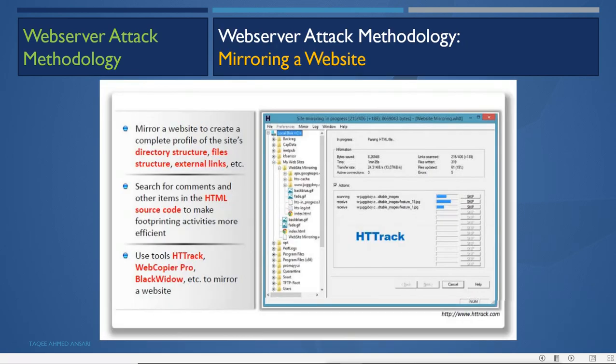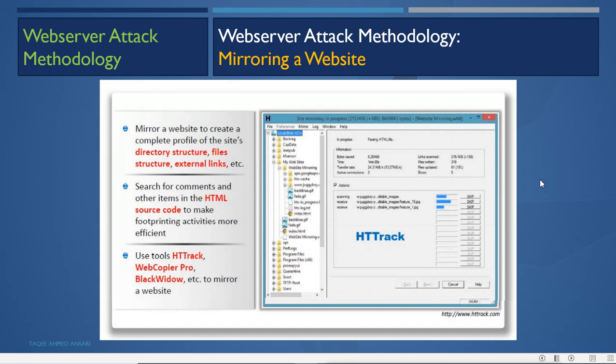Then the web server attack methodology is mirroring a website. Mirroring a website creates a complete profile of the site's directory structure, file structure, external links, etc. So mirroring the site means you will get complete information about the directory structure, file structure, or external links also.